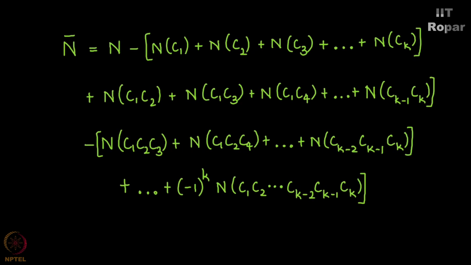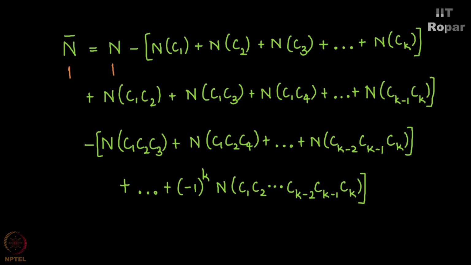So I repeat, for every single entity inside the rectangle, I'm going to show you that it contributes equally to the left hand side of this equation and the right hand side of this equation, thus ensuring that this formula indeed is true. How do I do that? Look at this. Take an element outside all these Ci's. That is counted once in n bar, obviously, because n bar is all such elements outside these vowels. It's counted once in n bar, and of course once in n, because it's indeed inside the rectangle.